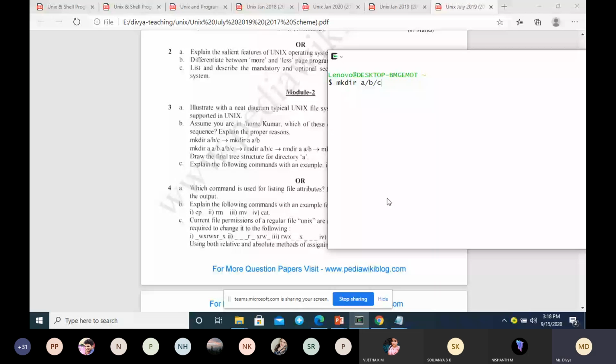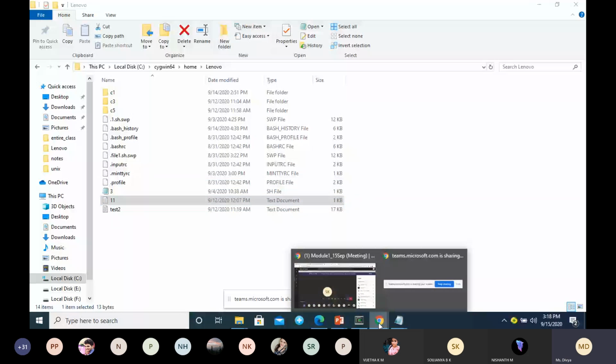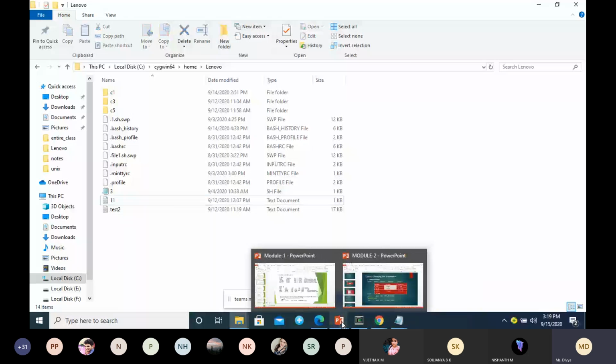I'm trying to create a directory with the single argument a/b/c. What it is giving: cannot create directory a/b/c. You cannot create. So you can see here it has not created any directory with that name. So what you are supposed to write? You cannot create a directory with the name a/b/c. So this is not going to work.